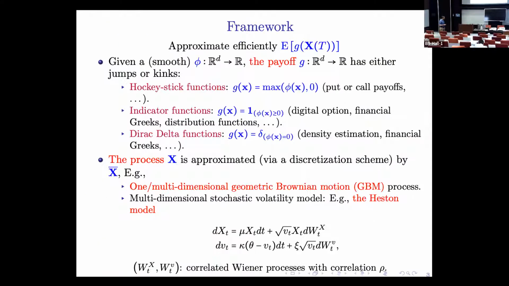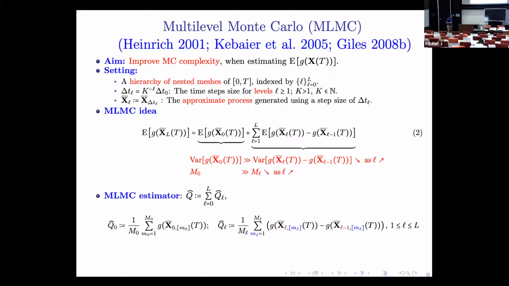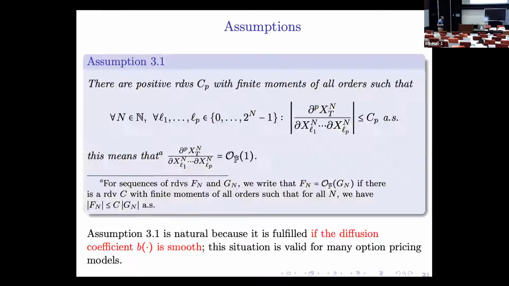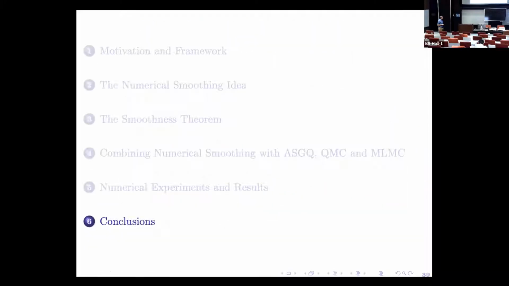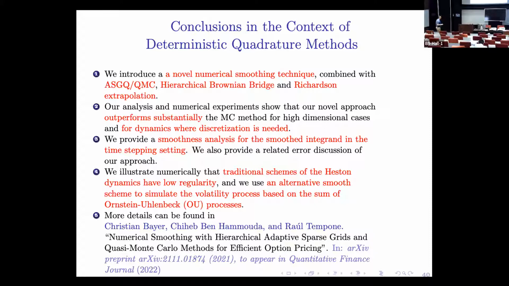Yeah. So if you observe, in the case of the Heston model, you have the square root of the variance. If you use classical numerical schemes like truncation, fixed Euler, or moment matching schemes, you may end up with a low regularity of the paths that you have. And what we observed is that this affects even the sparse grid quadrature. So we used a sum of Ornstein-Uhlenbeck processes to approximate those variances.